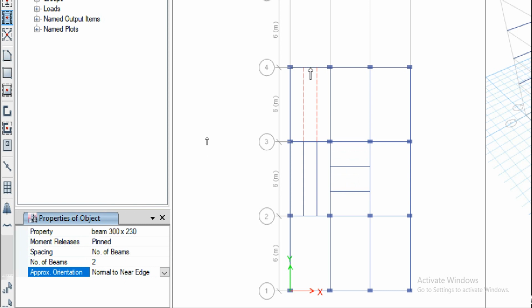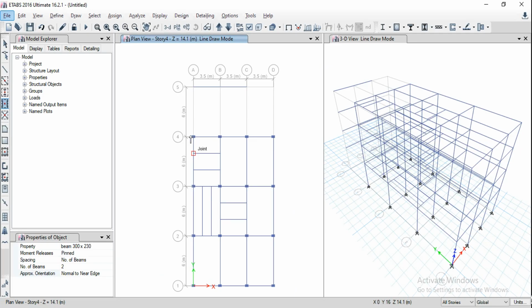If I select this horizontal edge, I get secondary beams perpendicular to that one. Similarly, if I select this vertical edge, we get the secondary beams perpendicular to the highlighted or selected edge. I hope you understood about defining properties and creating geometries.